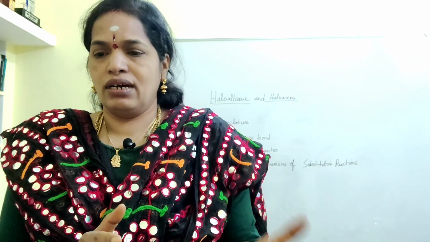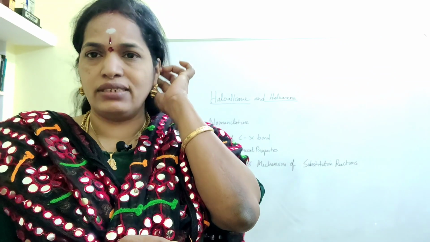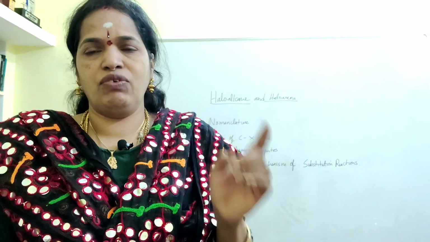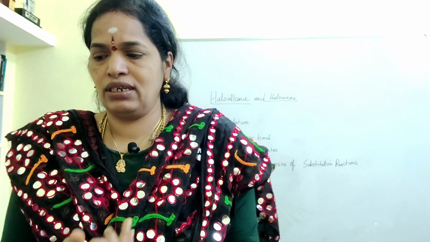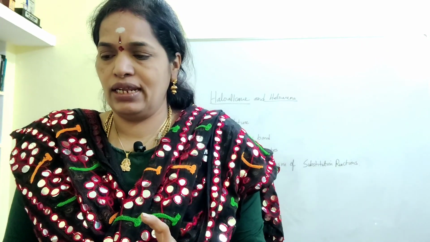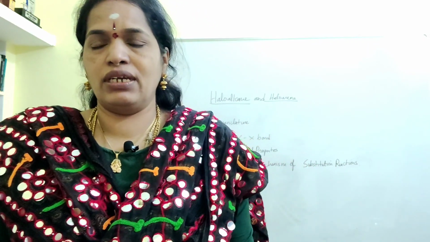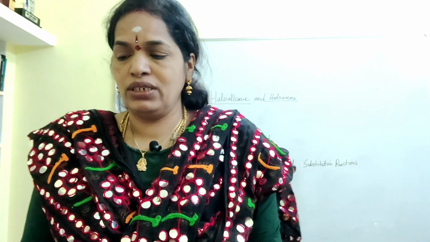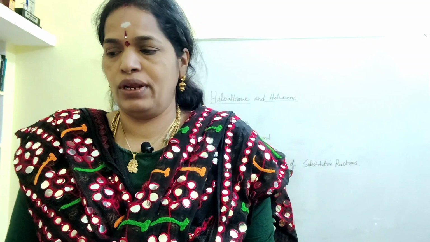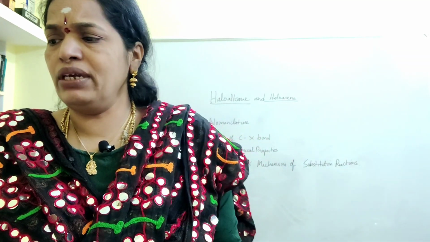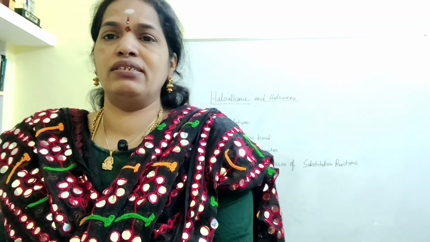Halo means a halogen, like X. It is chlorine, bromine, iodine, fluorine, astatine. We won't be taking fluorine and astatine because fluorine is highly reactive, and astatine also we won't be taking. So in most cases, whenever you are taking a haloalkane, you need to write either bromine, chlorine, or iodine. That's better. And then how do we define the two types?